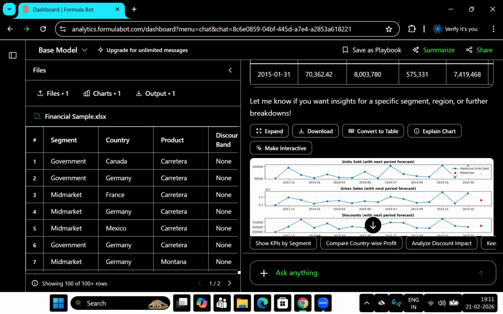Let me know if you want insights for a specific segment, region, or further breakdowns. The AI is asking if you need any particular requirement, like from any particular region. So, for example, you need India sales, so you can type India, right? Button expand. Okay, so I'm just